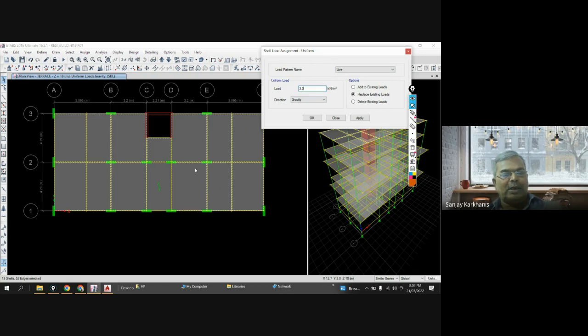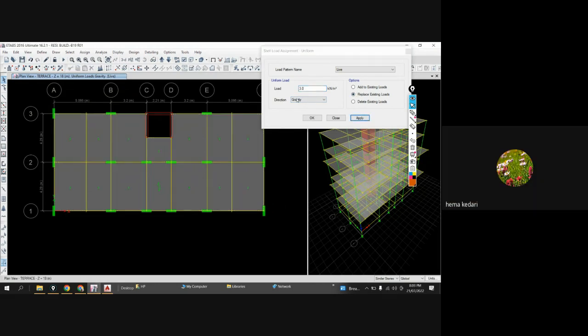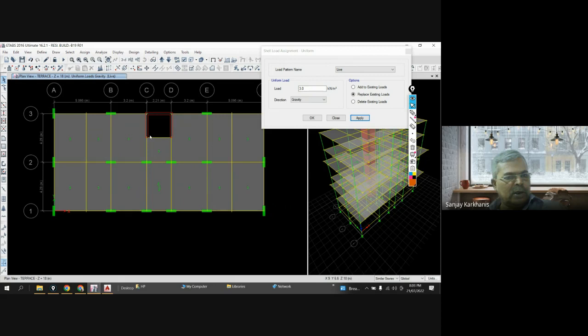But code does not say whether the terrace is subjected to overcrowding or not. So you can have that under the balconies. Code always says that when the balconies are subjected to overcrowding, you may go for live load equal to 3. So we are going on the higher side. Clear? Yes, sir. Okay. So the 3 is applied, and now you can go to STL and select